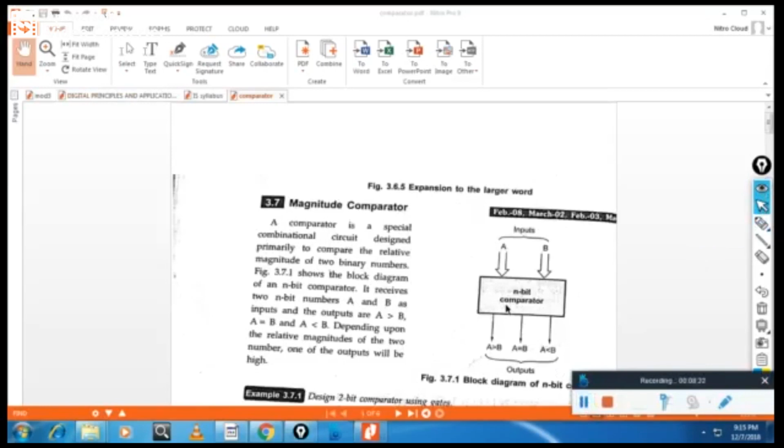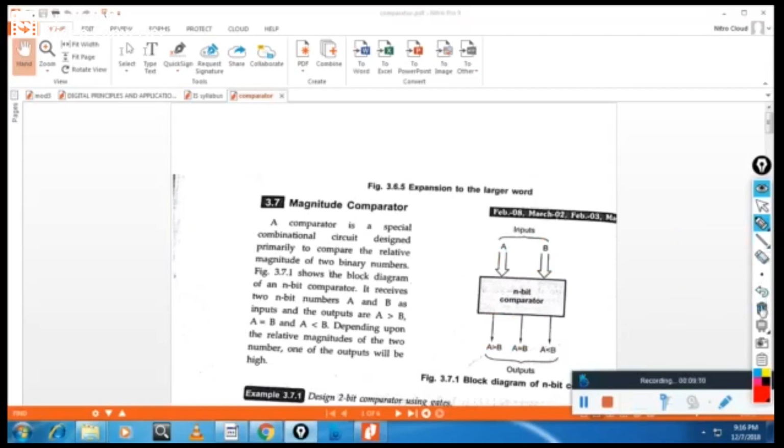So, dear students, the next topic is the magnitude comparator. The magnitude comparator is the one which compares two words. In the diagram you can see we are comparing two words. This contains n number of bits and this can contain n number of bits. That's why it is represented by a thick arrow, and the output is a single-bit output. Totally, 3 outputs are there, which represent 3 cases: first, A is greater than B; second, A is equal to B; or third, A is less than B.